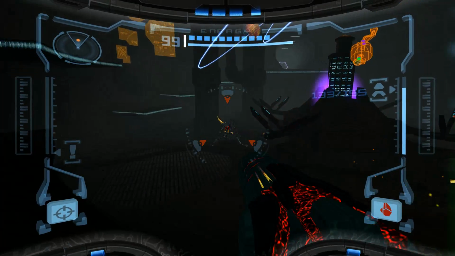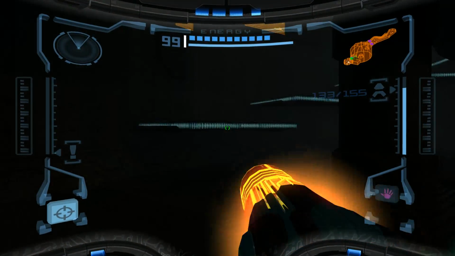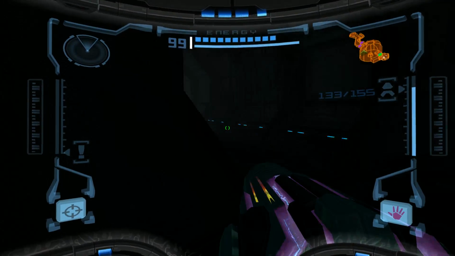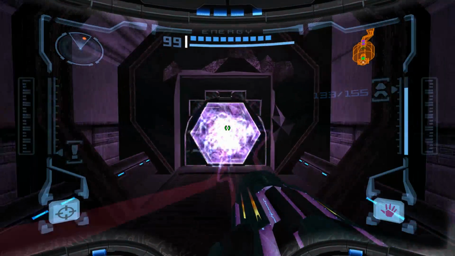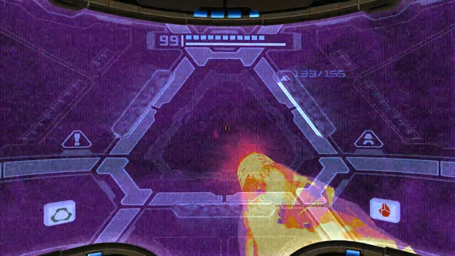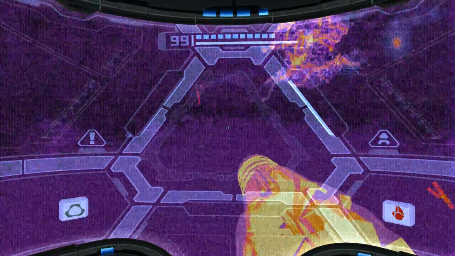So we're currently in the... Oh, they didn't even know I was here. Poor guys. So we're in the middle of the Phendrana research base of the Space Pirates. We just got an artifact that was in the control tower. There was really no other way, unfortunately, for us to proceed in order to get that, so...